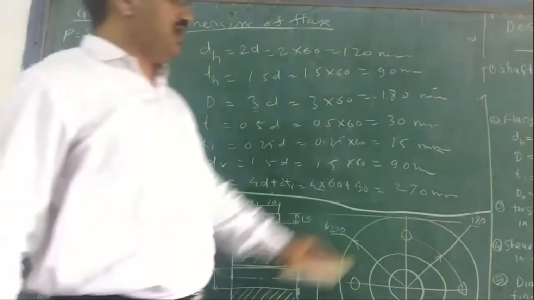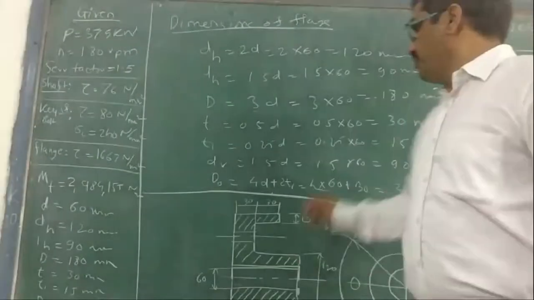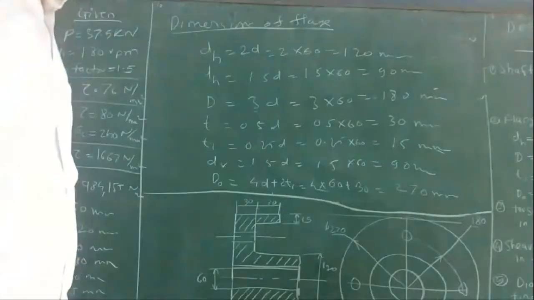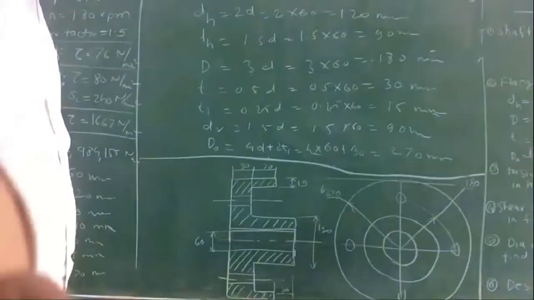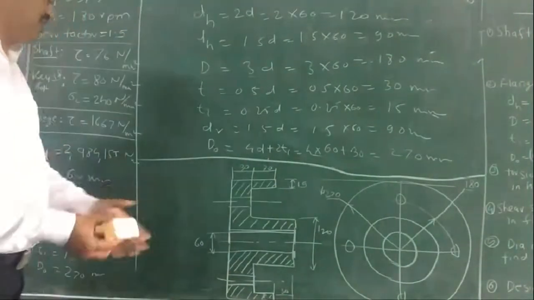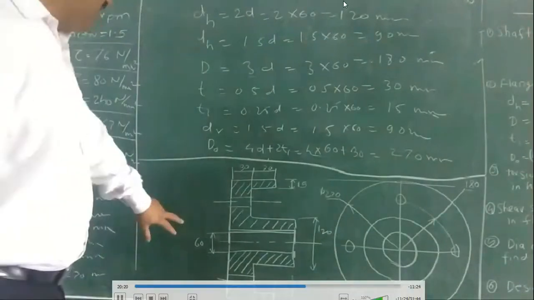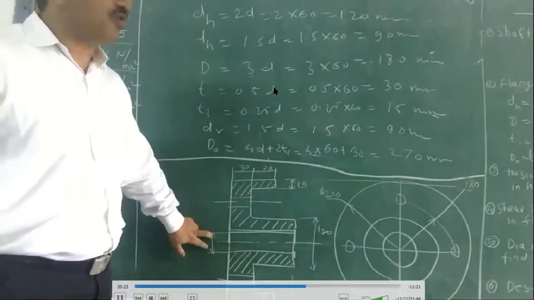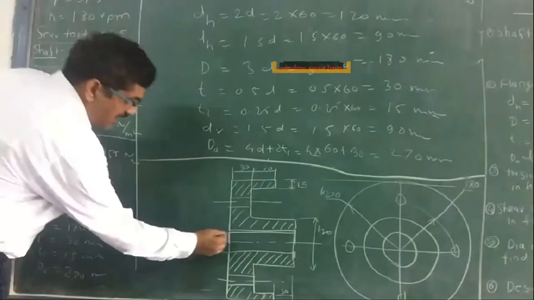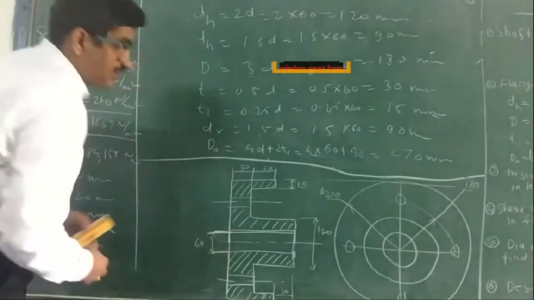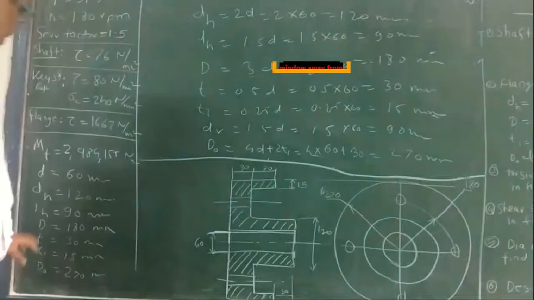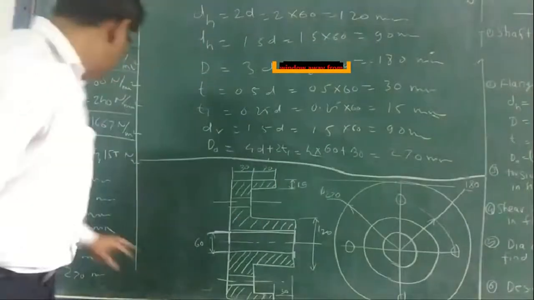Now we will make sure that it is not failing with these dimensions. So now see, I have drawn a diagram of this flange. I don't know whether it is visible to you guys. I will rotate my phone a little bit. So now this is the flange with the inside diameter of the hub, which is basically the diameter of the shaft as 60 mm, that is D. This is the diameter of the shaft or inside diameter of the hub. Outside diameter is 120, DH. Fine. Then we have LH, length of the hub, is 90.